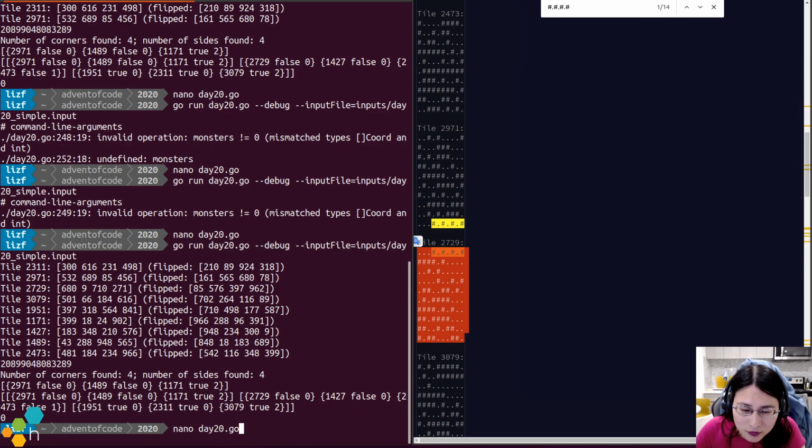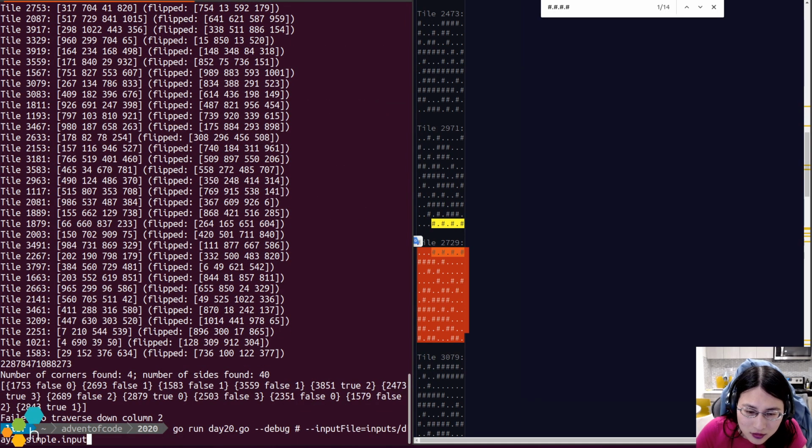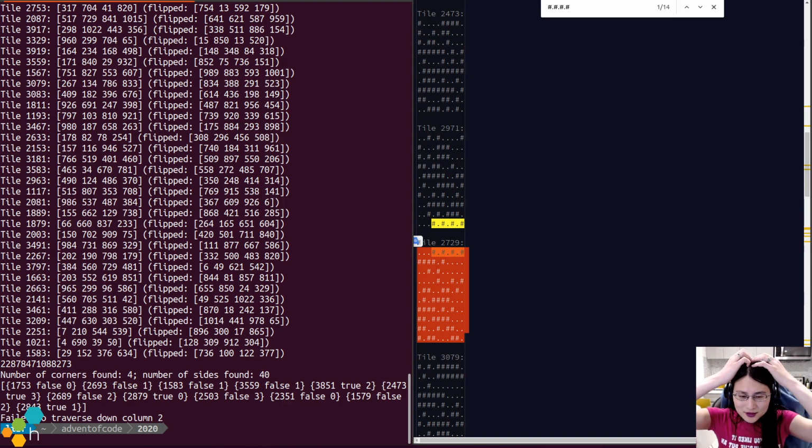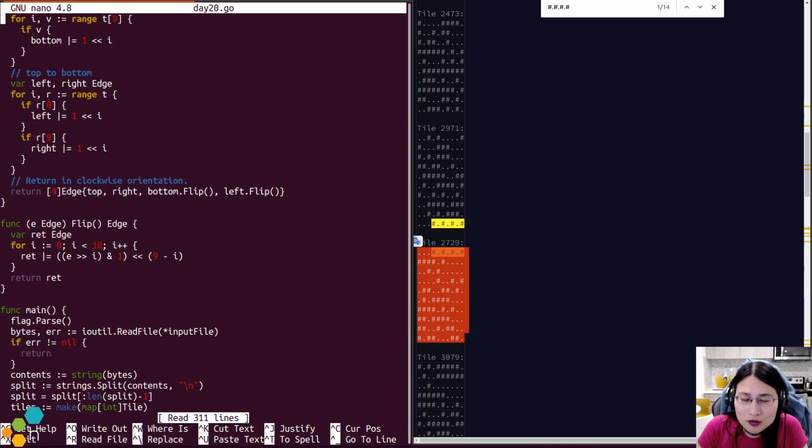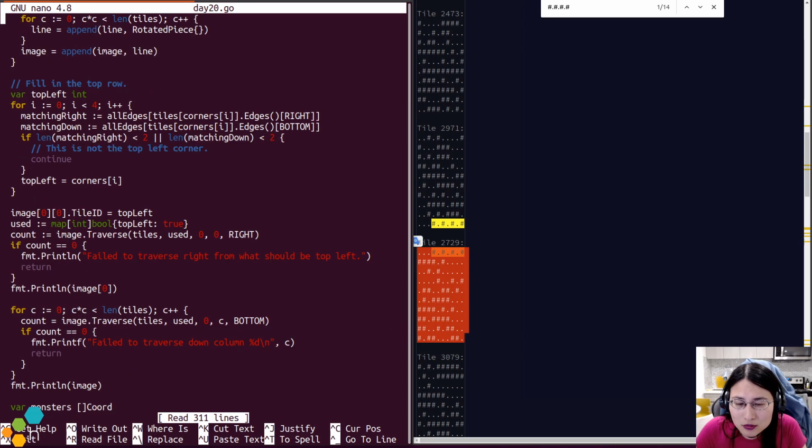All right, I will wind up rotating this. I'm just making sure. No! Okay, so it successfully traverses on Eric's example now, but now I have some other bug. Okay, I bet there's something wrong with my flipping code.